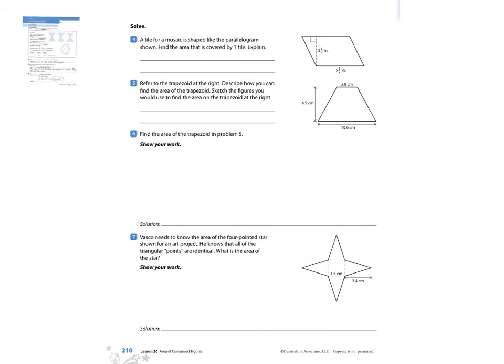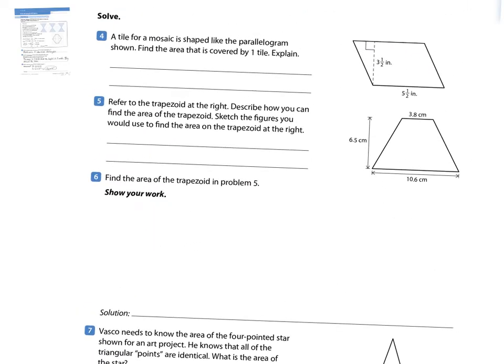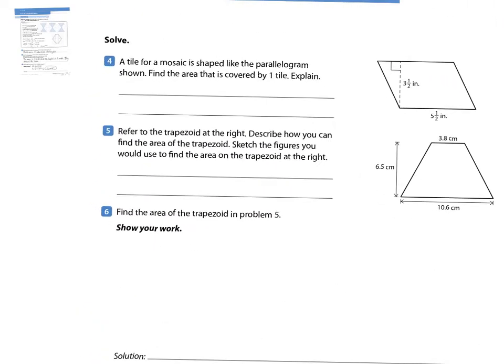Okay, moving ahead to page number 210. Taking a look at number 4. Number 4 says a tile for a mosaic is shaped like a parallelogram. Find the area that is covered by one tile. Explain. Well, parallelogram, finding area is the same as finding area of a rectangle. We basically take the base times the height, or in this case, we could call it the length times the